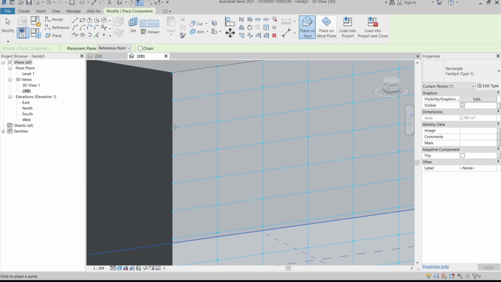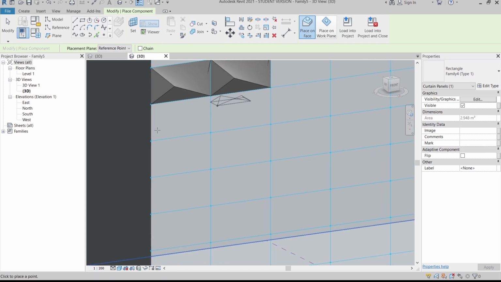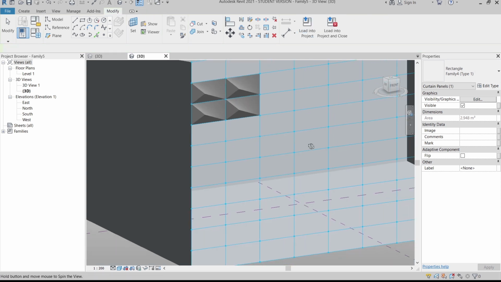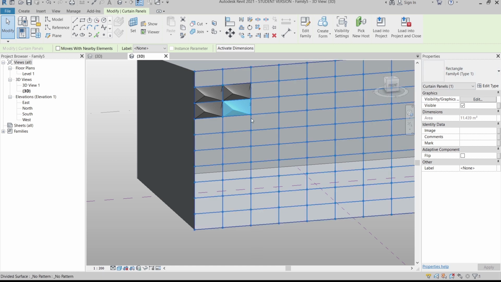It's time to apply that. Just move in a bit like this. 1, 2, 3, 4. Okay, perfect. 1, 2, 3, 4. Go to another one there. 1, 2, 3, 4. Again, 1, 2, 3, 4. Hit escape. Okay, so as you can see, this component here is just for type 1,